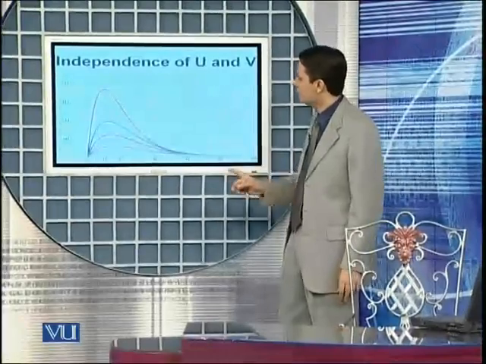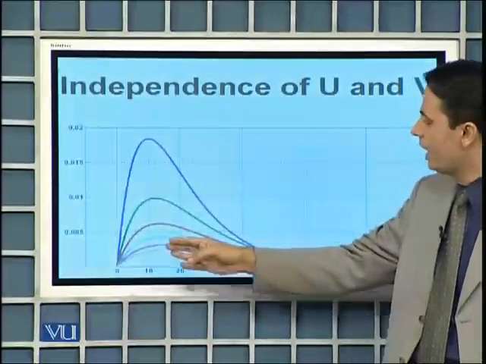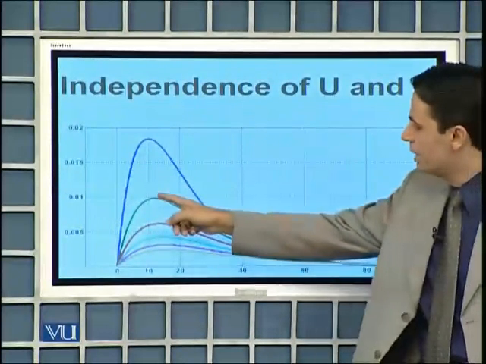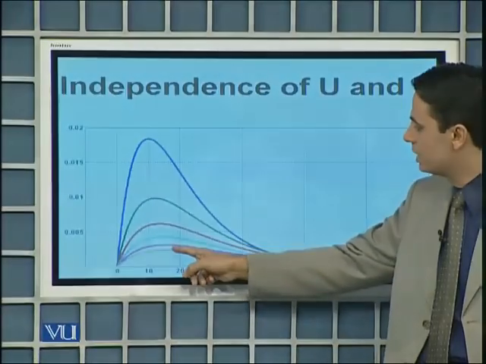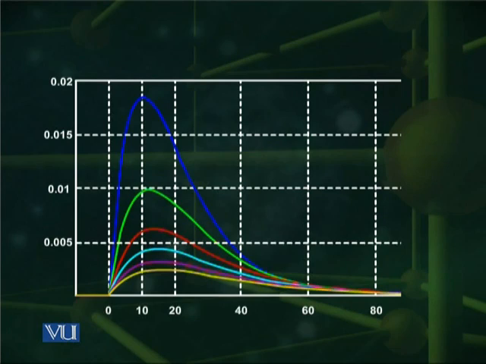As you can see, the first peak occurs around 10, but as you move down with larger values of u, the peaks get shifted, and shifted. So by looking at the misaligned peaks, one can say that for this case, u and v are not independent